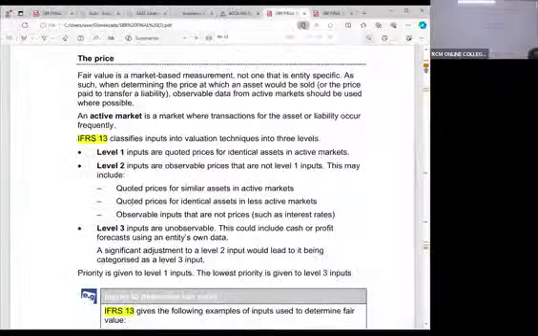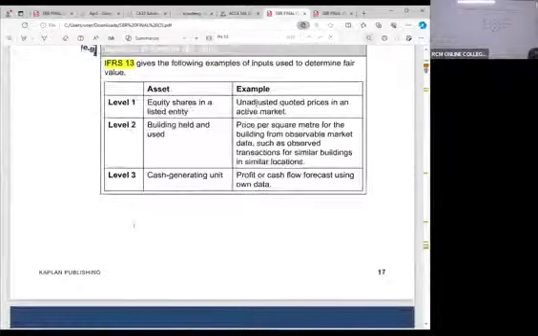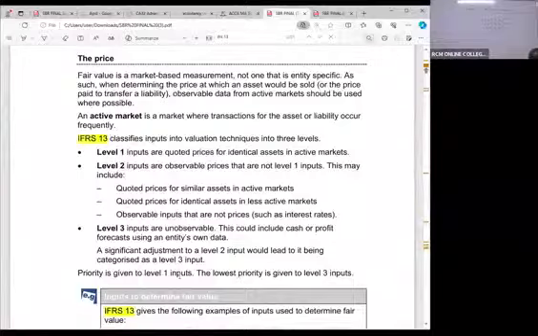Now from there, ladies and gentlemen, you can see a priority is given to level 1 inputs. The lowest priority is given to level 3 inputs here. I mean, assets where you have level 3 inputs that are unobservable, nothing similar. Those assets normally are not easy to sell, like these antiques. Like you must have seen guys who are into these very old vehicles. Those old vehicles will not be very easy for you to get markets for, and yet they are very pricey outside here. So in this case, those ones you'll have to look at